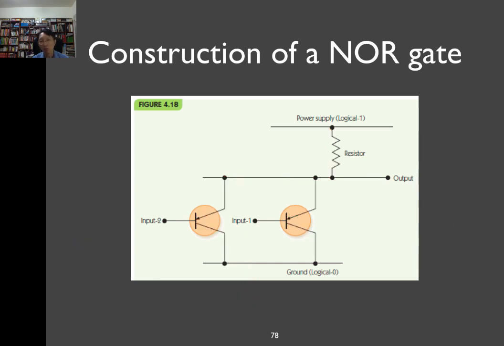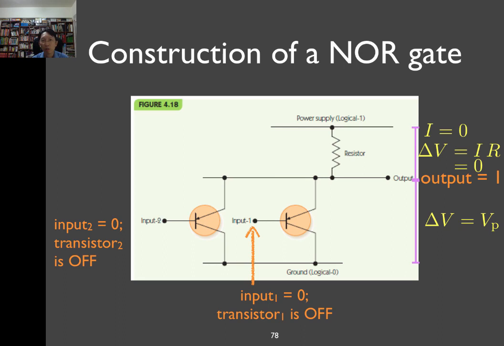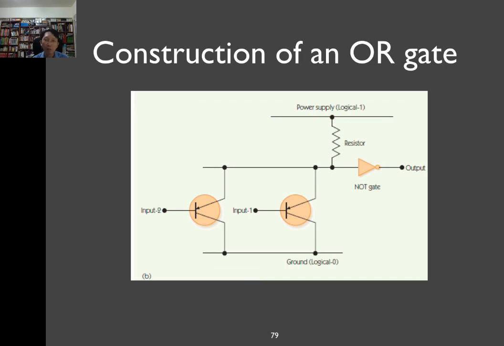The only chance to have no current at all in the resistor is to turn off both transistors，只有把2个都关掉的时候，才没有电流可以通过。那这个时候 no voltage drop across the resistor，电阻上就没有电压降。那么我们的 output 的电压就跟我们的 power supply 一样高，所以 we have a high output。所以可以看到这个 NOR gate 它的表现行为呢，跟我们的 OR gate 是相反的。If we want to have an ordinary OR gate, all we need to do is place a NOT gate at the output。只要在 output 那边呢放一个 NOT gate 的话，那我们的输出就是正常的 OR gate。